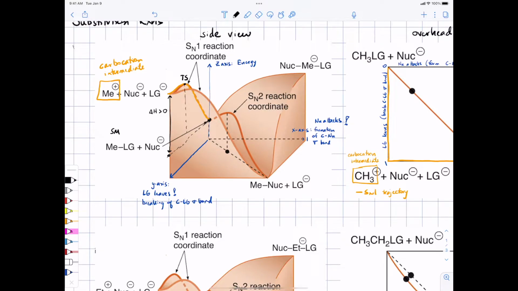And we can see that that energy difference would be